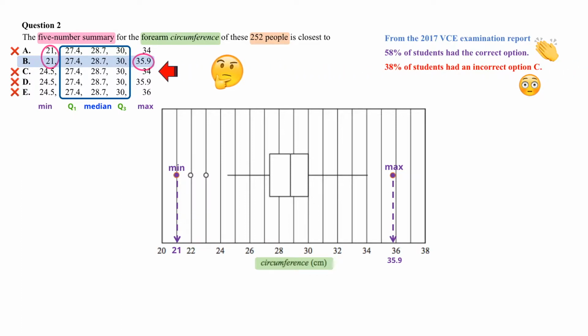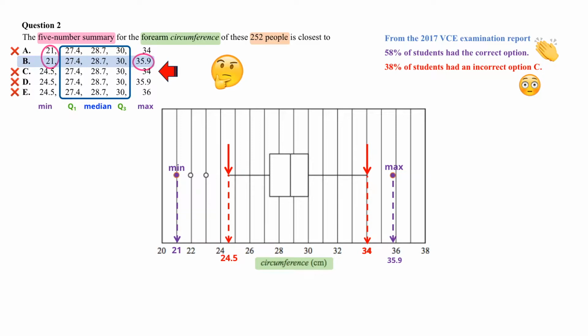Option C has a minimum of 24.5 and a maximum of 34. What these students did, they ignored the outliers. Just remember that the outliers are still part of the set of data, so they have to be considered when